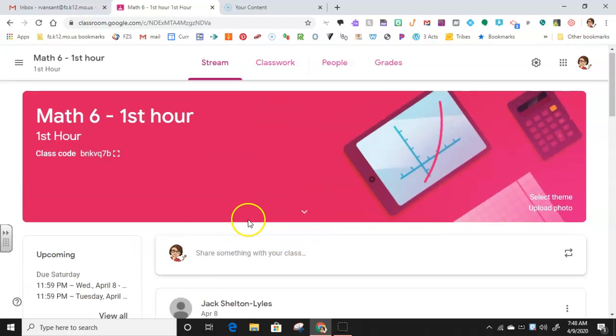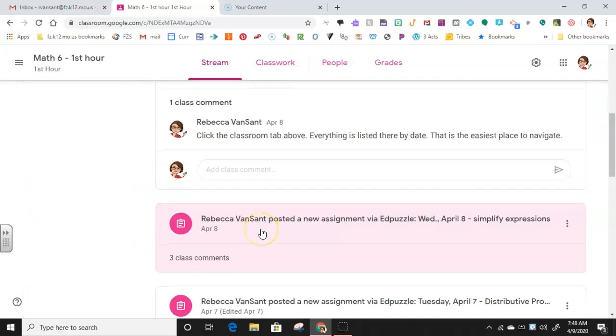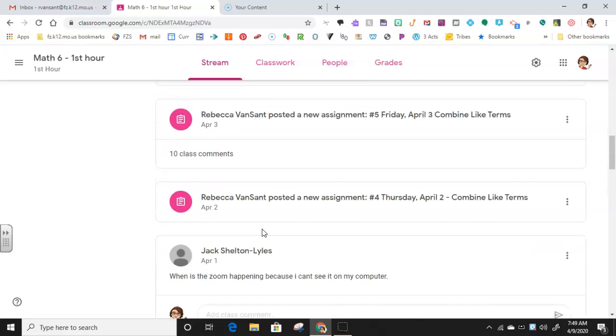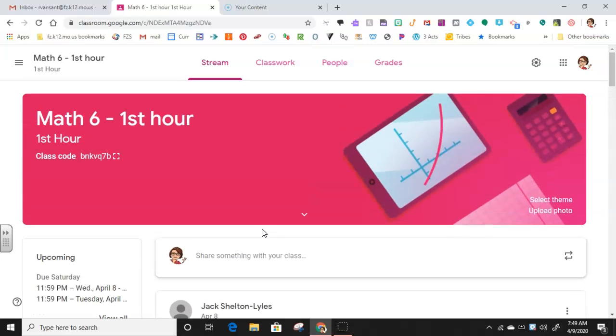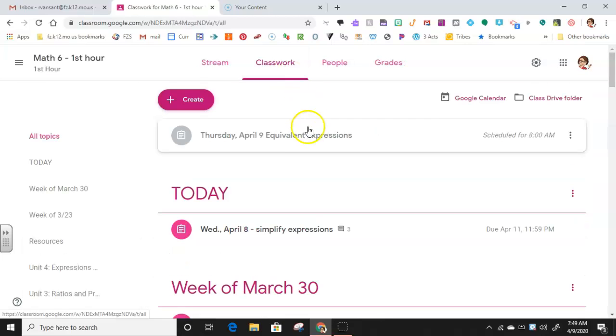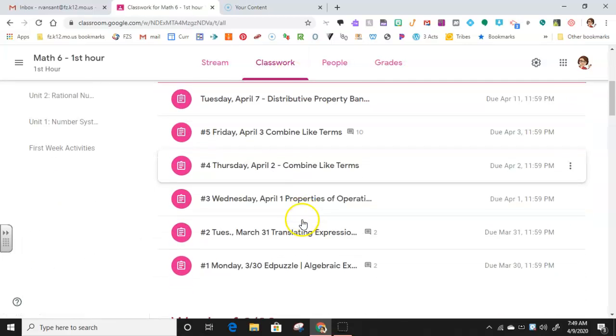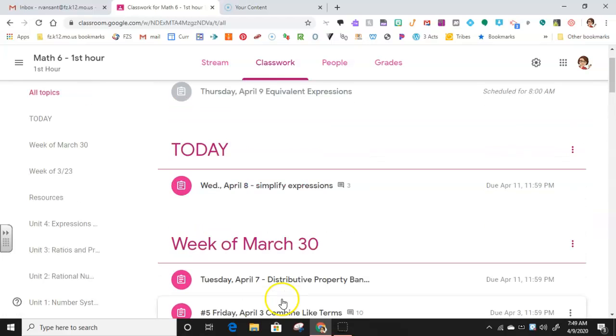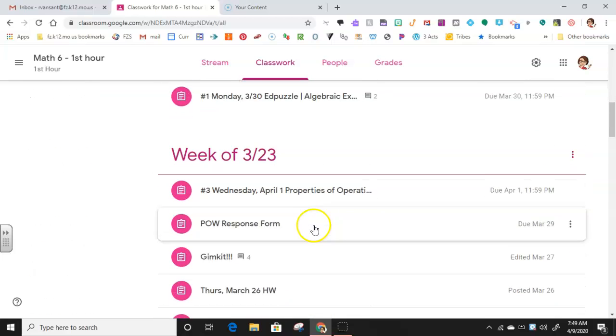On the stream, this is where you're going to see any announcements from me. These are not your assignments. These are just general announcements. To find your assignments, go to the classwork page here. The classwork page is where you're going to see everything that is being assigned. So like this, I have last week's assignments here. This week's assignments